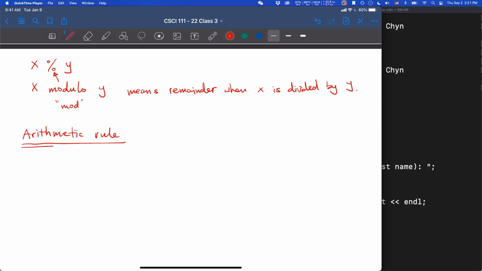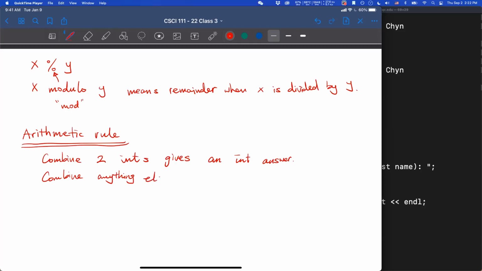So here are the arithmetic rules. When you combine two integers, combine means when you use an operation on any two integers, it will give you an integer result, an integer answer. Now, when you combine anything else, it will give you a double answer,